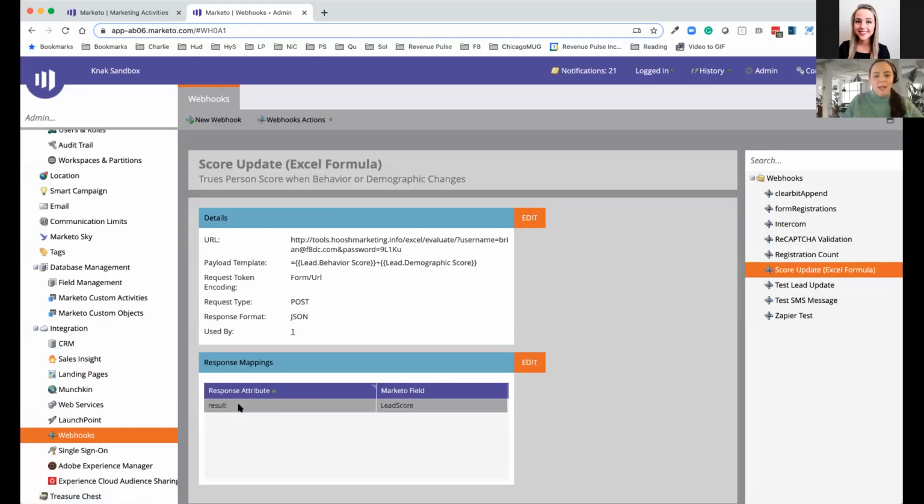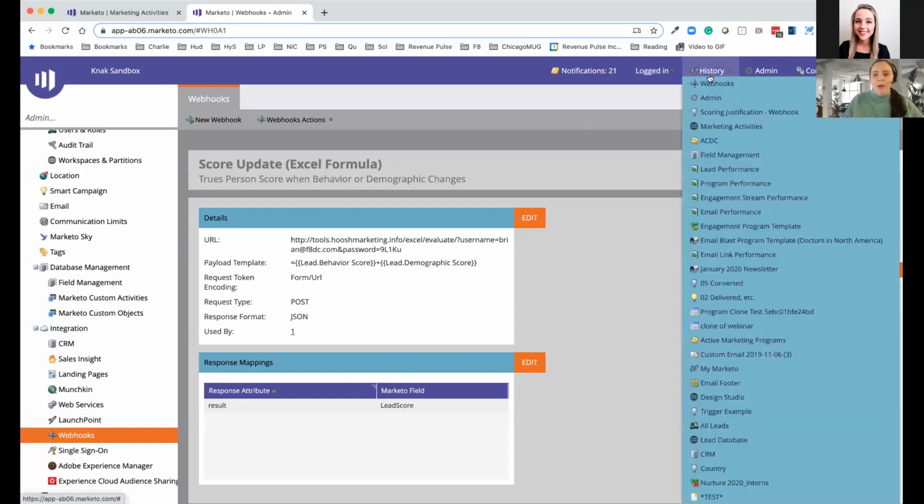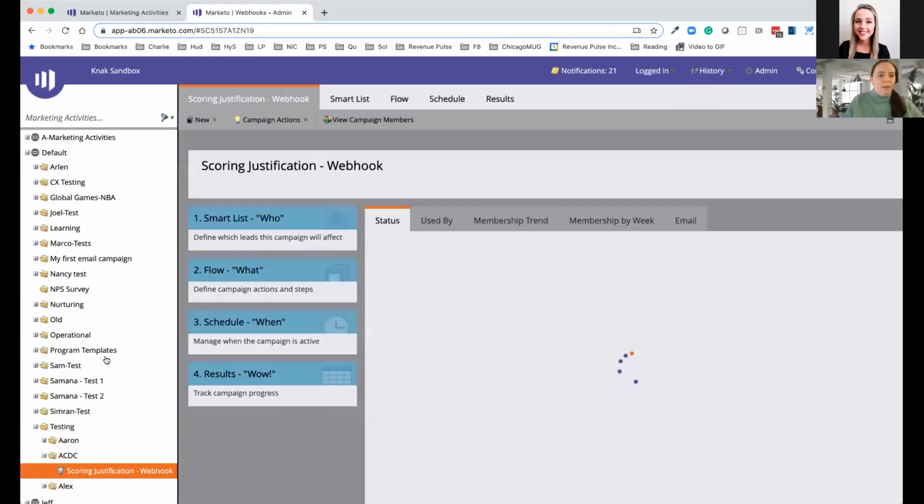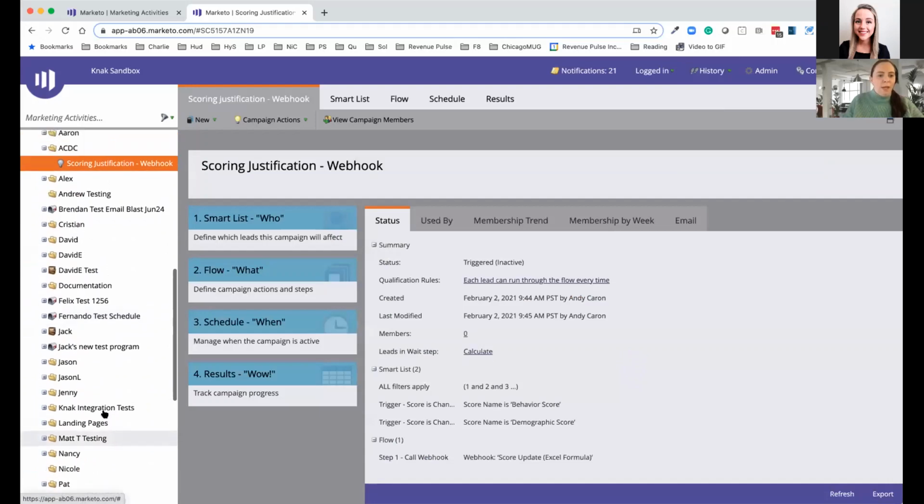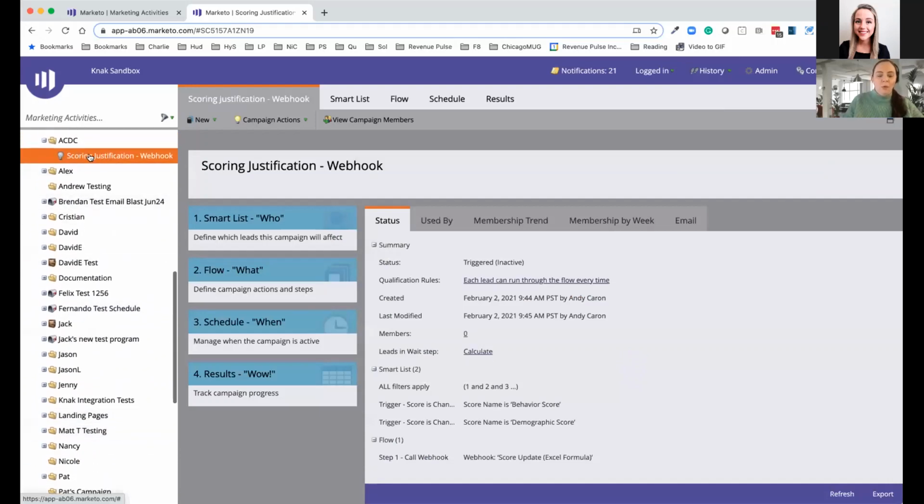This is basically saying, this is where I want the response for this process to go. So this is what happens at the other end of this equals on the equation. And then where you're going to go with this is just a simple monitoring smart campaign. I just made this an orphan for our purposes because it was quick and dirty, but usually I like to keep this inside of my scoring operational program as an additional component.